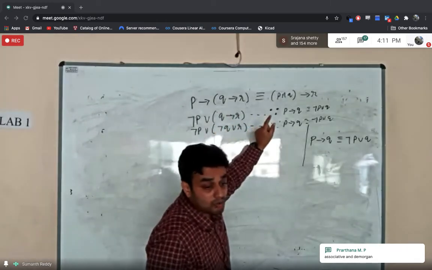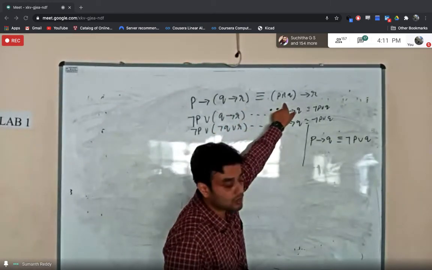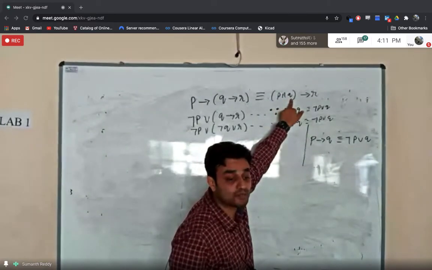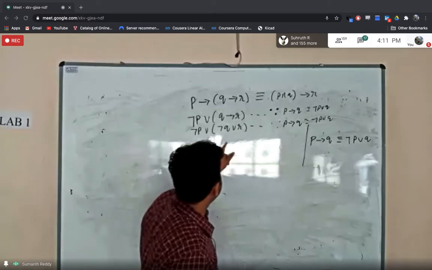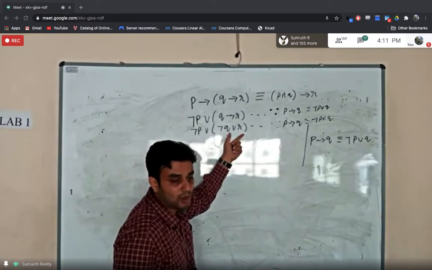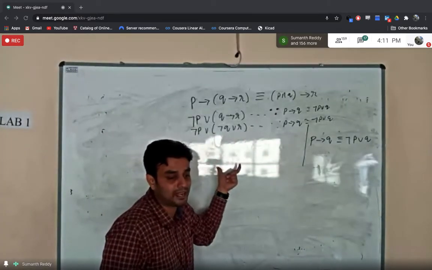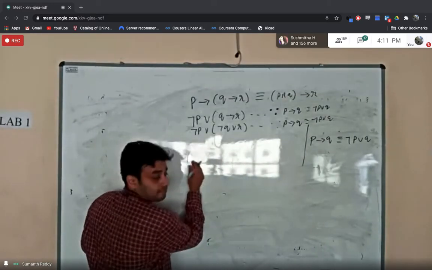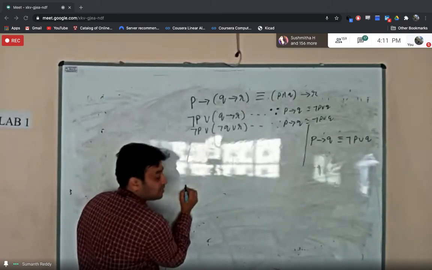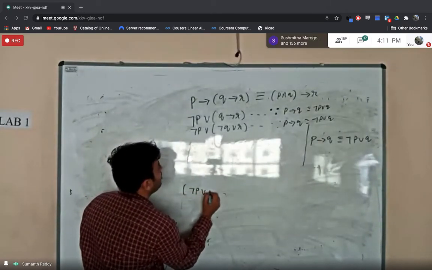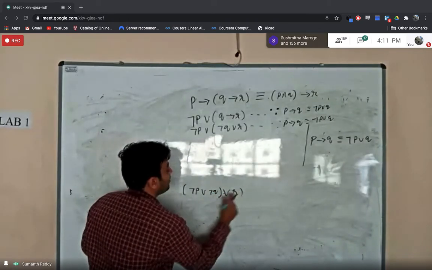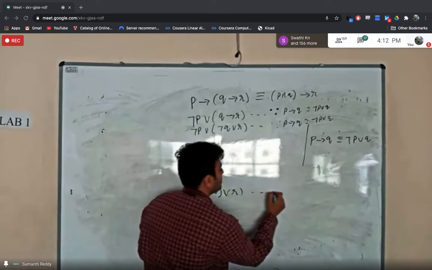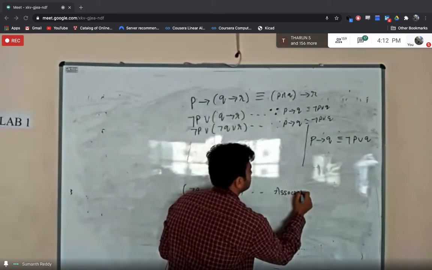And I told you, always you should have a look at the RHS. So what is the RHS telling you? RHS is telling you that P and Q have to be grouped together. Here actually Q and R are grouped together, so somehow I should change the parentheses. Changing the parentheses is just the associative law. So now this can be written as negation of P or negation of Q or R. I have not made any changes, I have just changed the parentheses. Changing the parentheses is the associative law.